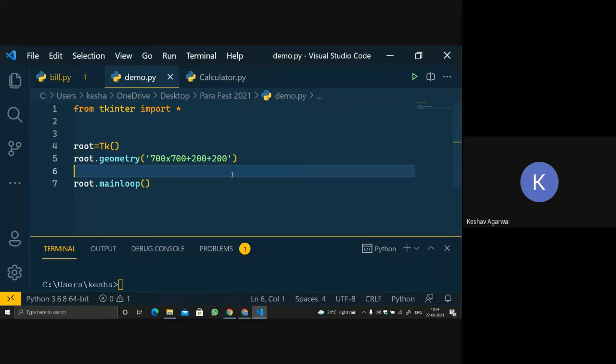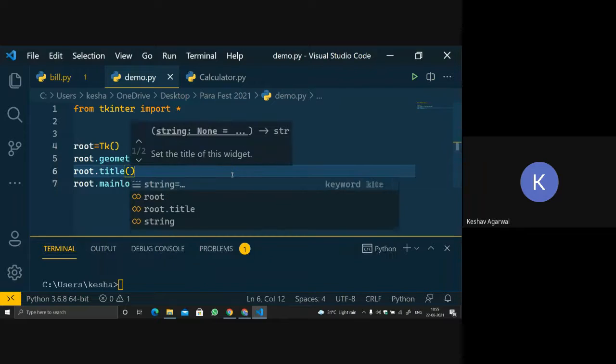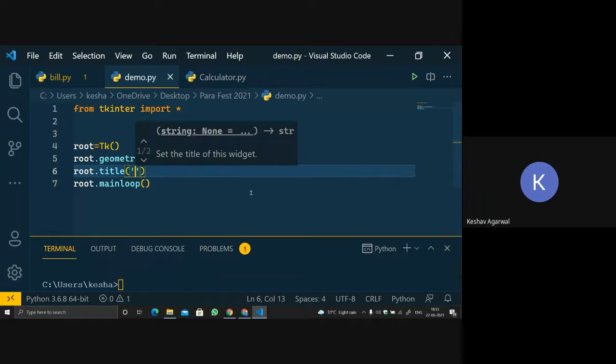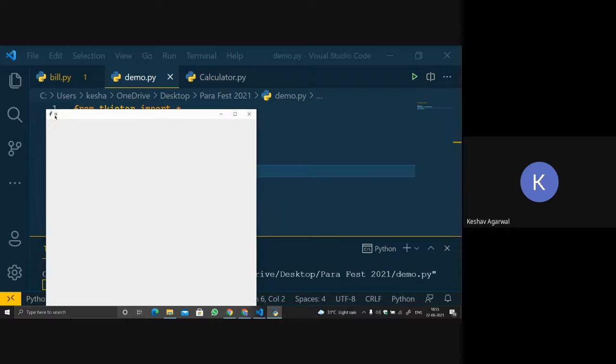Now what we will do is root dot title. Let me first comment this part and run the code. See over here, what is written in the title part? It's written TK, right?